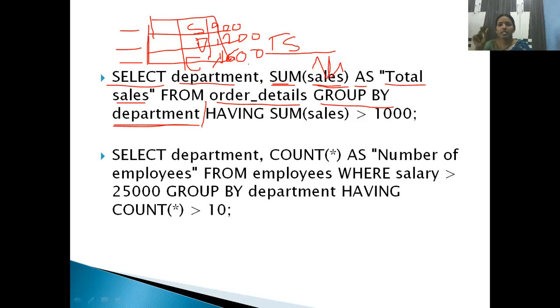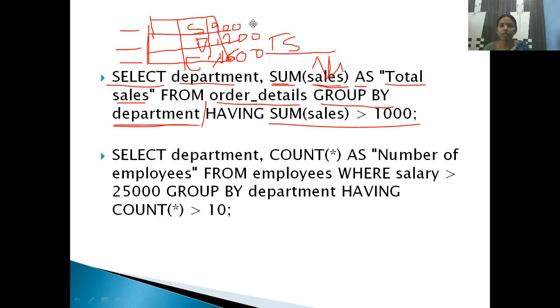Now on this table, I want to perform a condition. What condition? Above 1000 rupees sales only I want to see. That means I don't want to see all the groups. I want to see the groups whose sum of the sales is more than 1000 only. This is 900. 900 is greater than 1000?